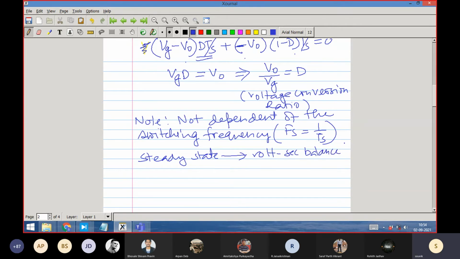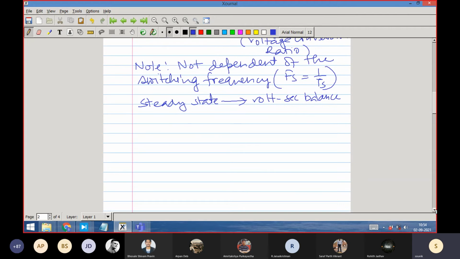Steady state also should imply current second balance, because if the energy level of the inductor is not changing, similarly the energy level of the capacitor also should not change. So what is the capacitor current equation, the basic equation? C dV naught by dt is equal to IC, which means that dV naught is equal to IC dt by C, which implies that